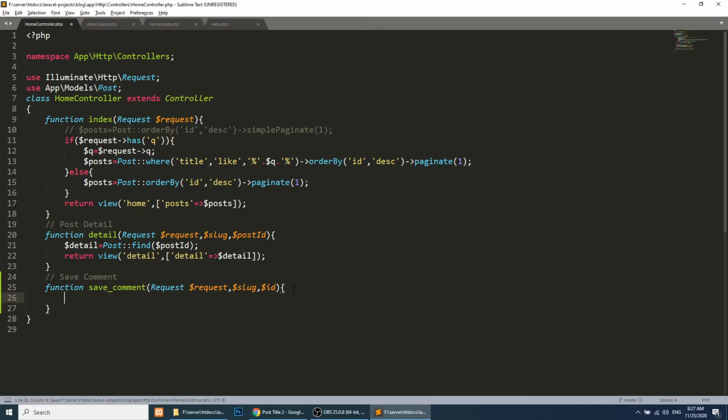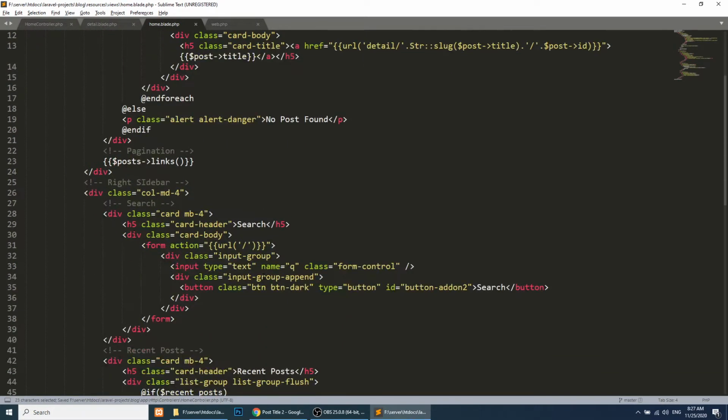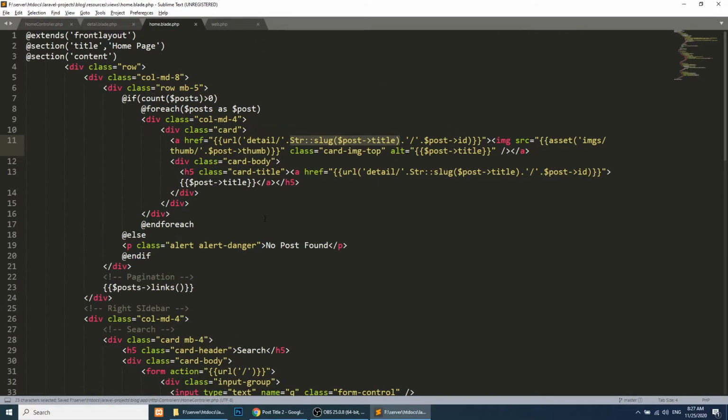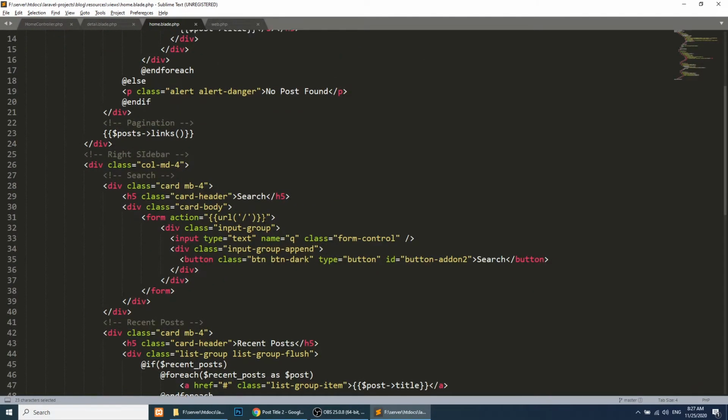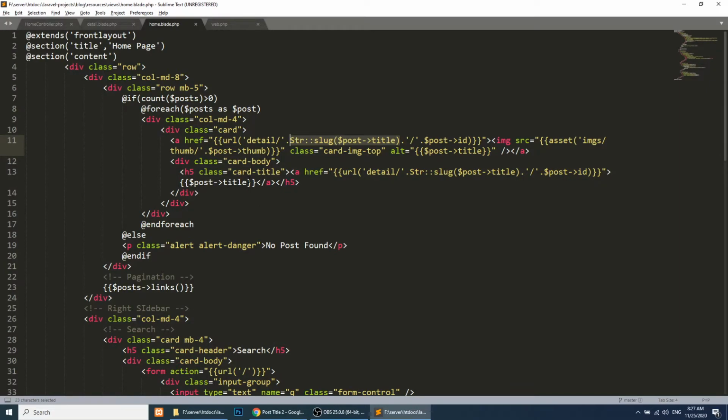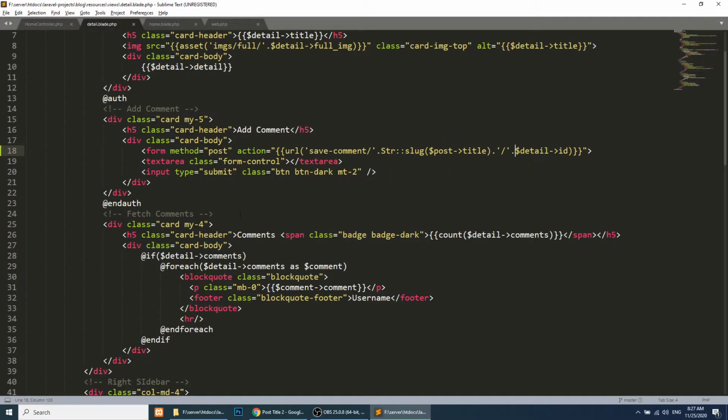Okay, and now we will validate the request. What we will validate is that the user has entered the comment or not. So we will open the detail page, and here we will add the name for the text area.